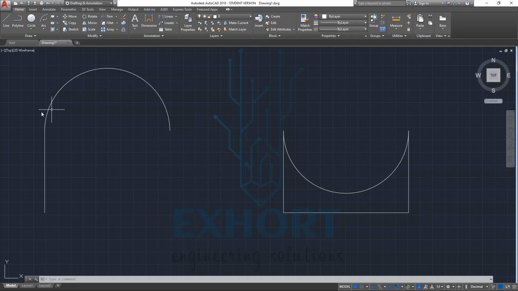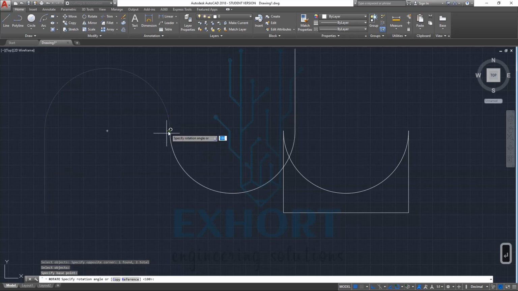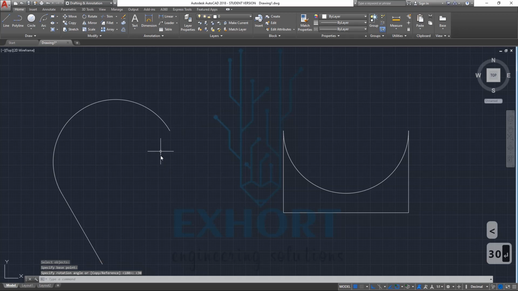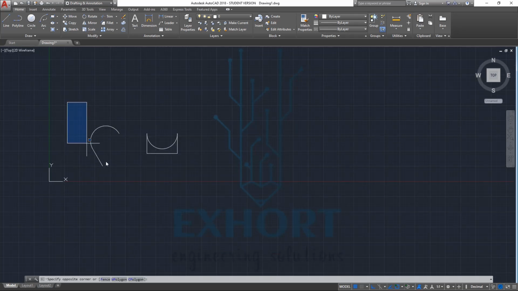Likewise we can rotate this also. Just select the rotate command, select this line, and hit Enter. I will select this as my base point and we want to rotate this. If we have a rotational angle, just give it, by pressing shift and the greater than sign. Give the angle. I will give a 30-degree angle and hit Enter. You will notice that it is rotated 30 degrees below. So friends, likewise we can use these rotate, move and copy commands.